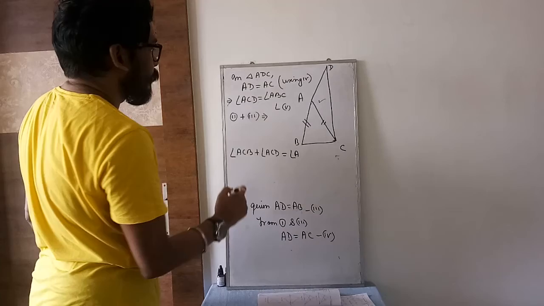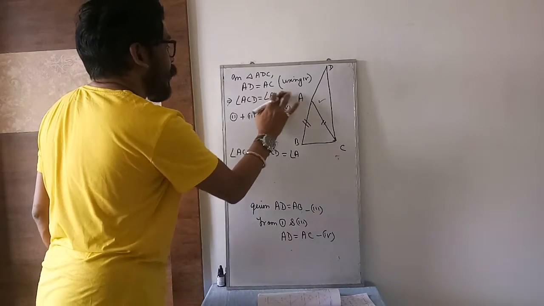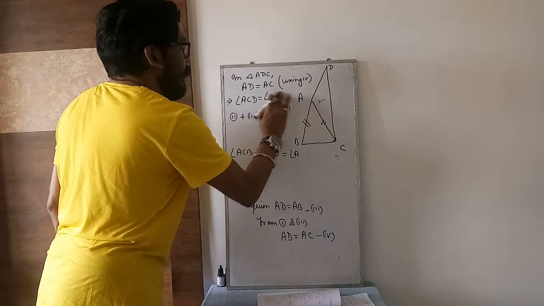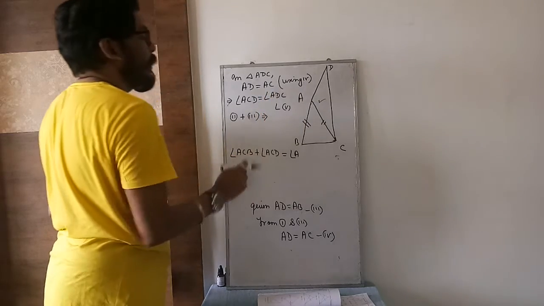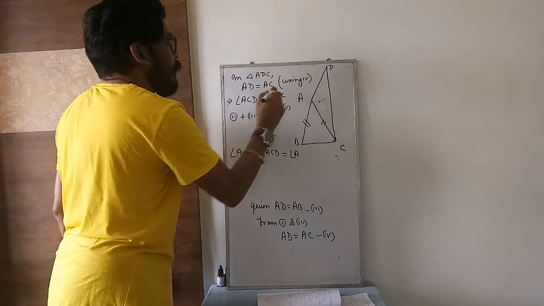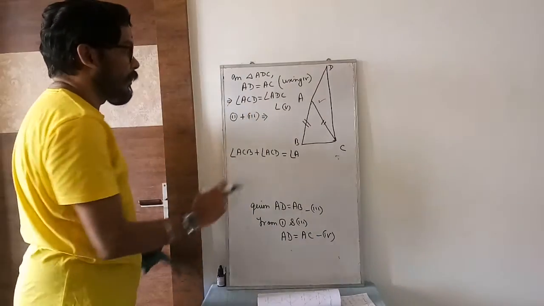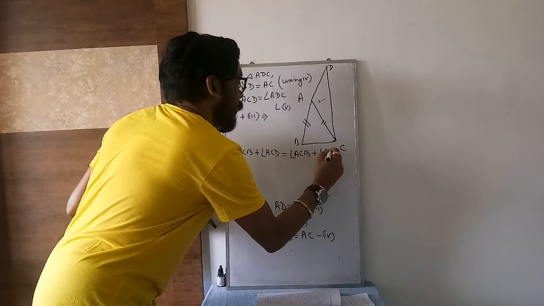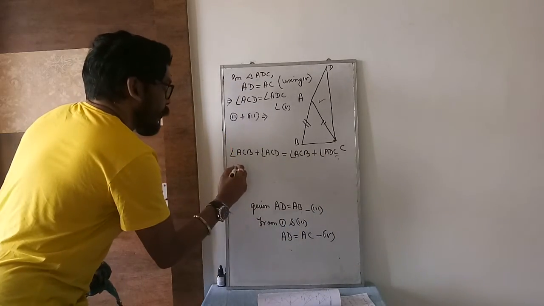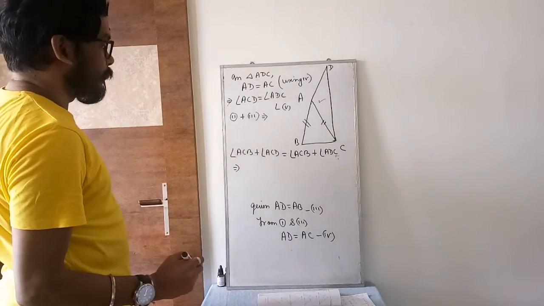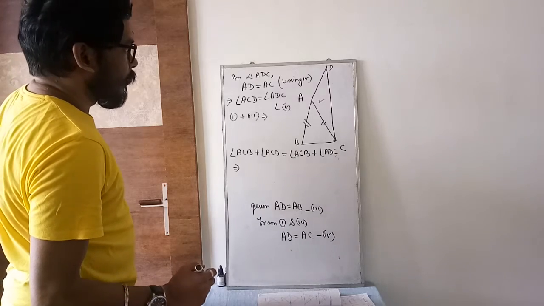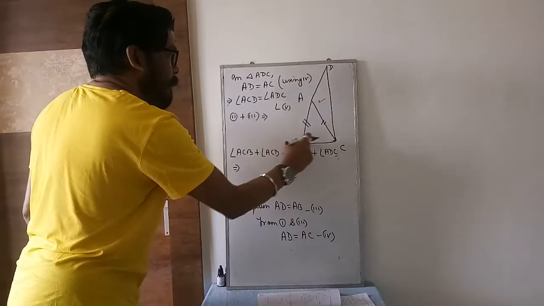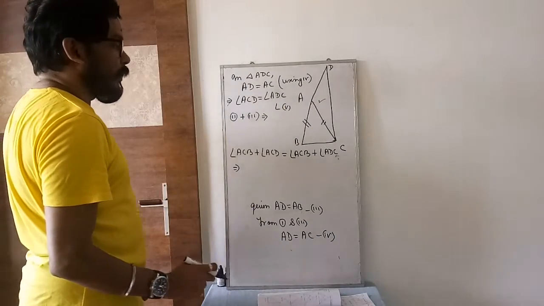It was what? Achha, here I have written wrong. AC opposite angle you will write ADC. AC opposite angle is ADC. Sorry, ADC here. It is ADC because the name of our triangle is ADC. So you can write here ACB plus angle ADC. Got it? Clear? So what you can write here now? ACB plus ACD.